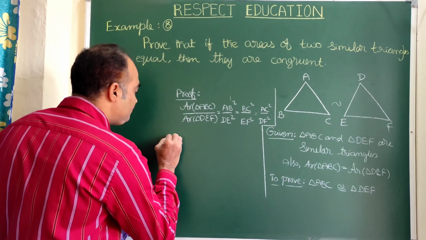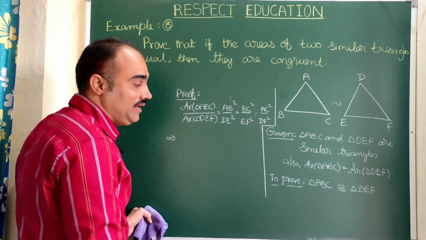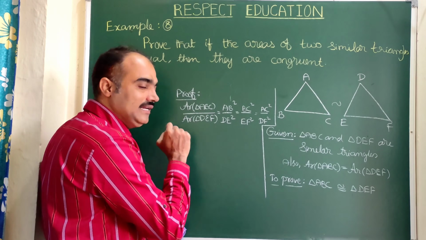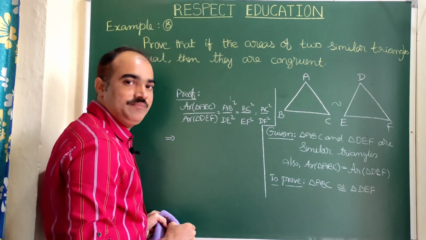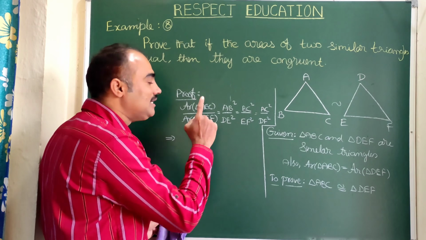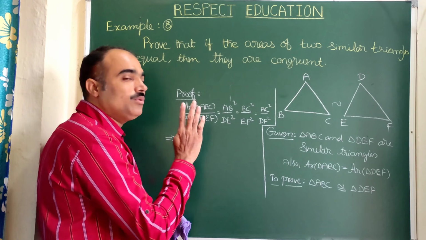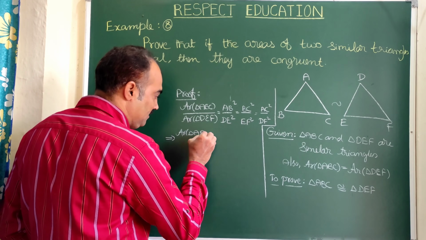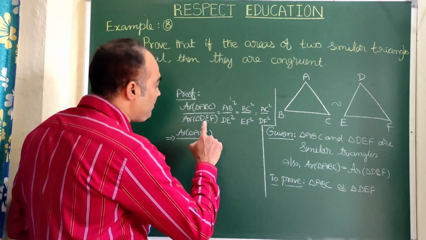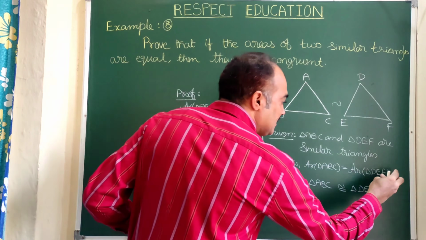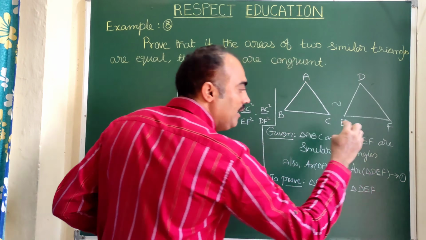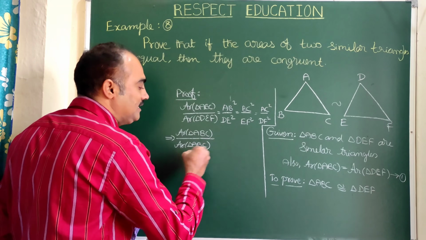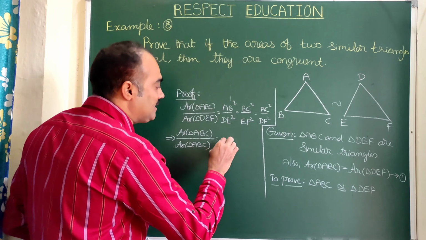So in place of area of triangle ABC, we can write area of triangle DEF. Or in place of area of triangle DEF, we can write area of triangle ABC. Better you just replace any one of them. Do not replace both of them. So here I am keeping area of triangle ABC as it is, divided by area of triangle DEF. Let us consider this as equation number 1. Based on equation number 1, I replace area of DEF with again area of triangle ABC. And let us copy this step as it is.